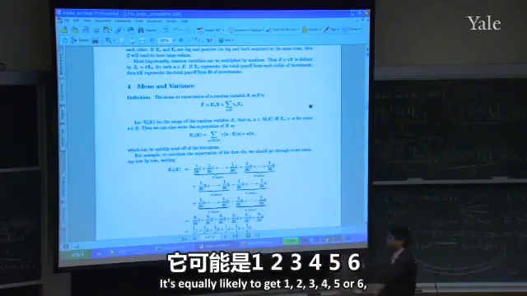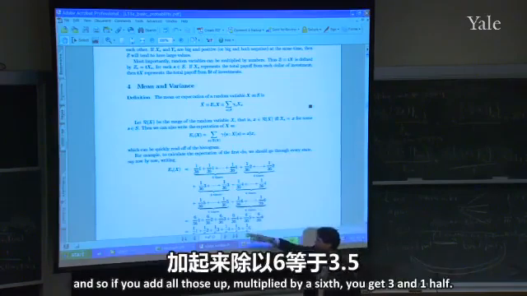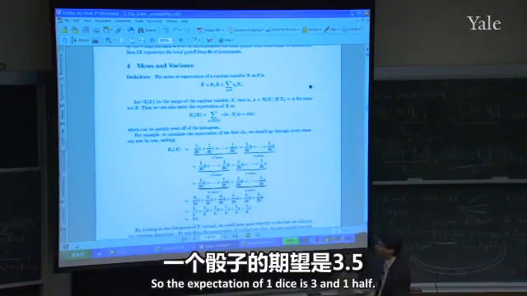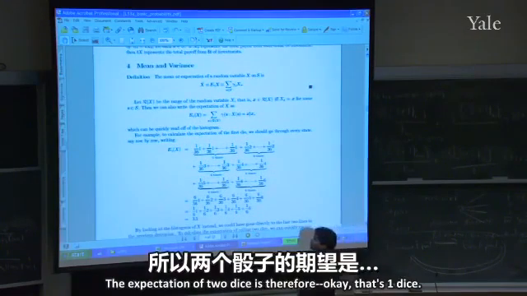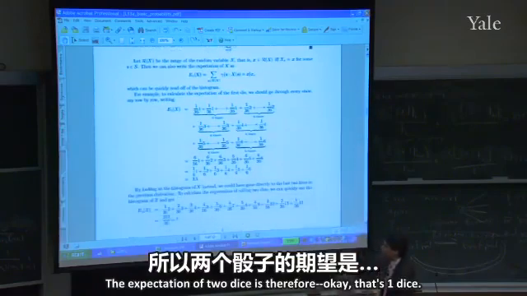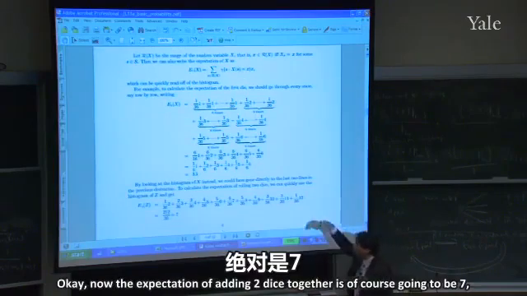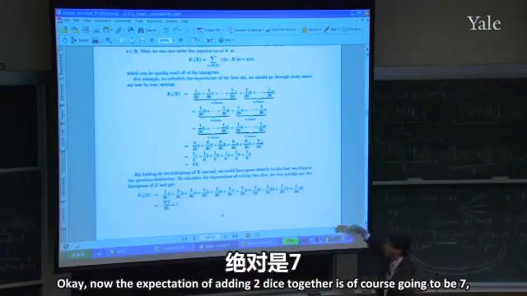It's equally likely to get 1, 2, 3, 4, 5, or 6. And so if you add all those up, multiplied by a 6th, you get 3.5. So the expectation of 1 dice is 3.5. The expectation of 2 dice is therefore, okay, so that's 1 dice. Okay, now the expectation of adding 2 dice together is, of course, going to be 7 because the expectation of